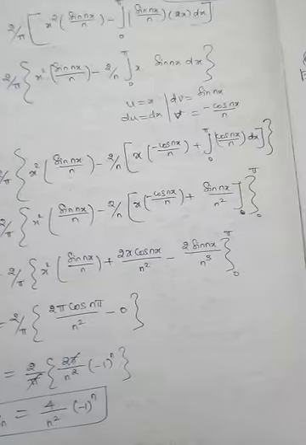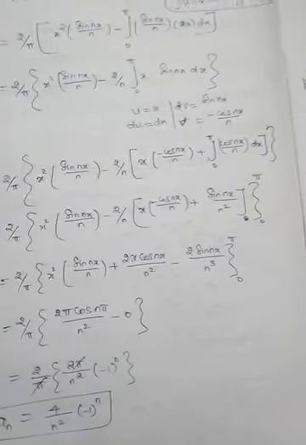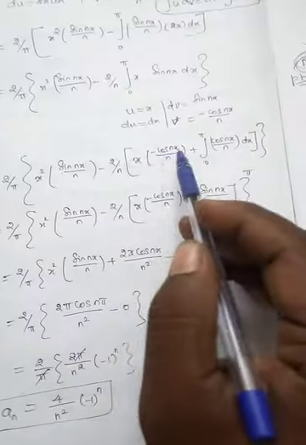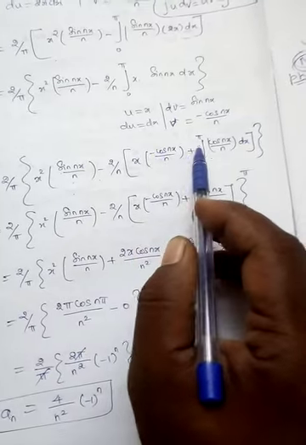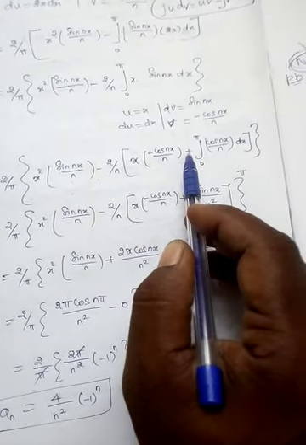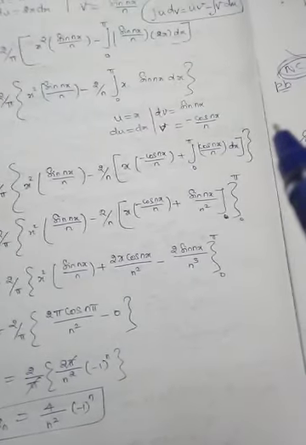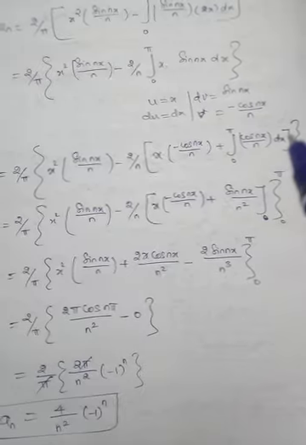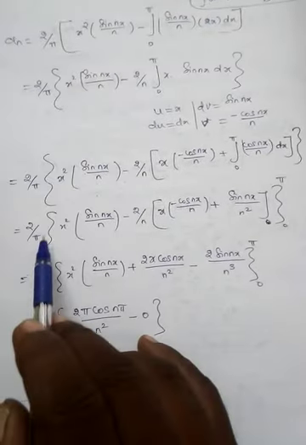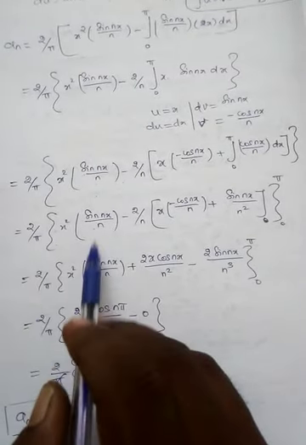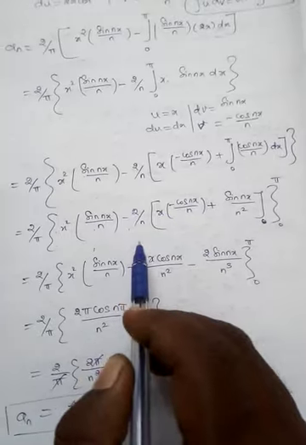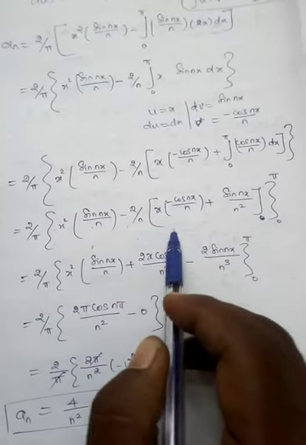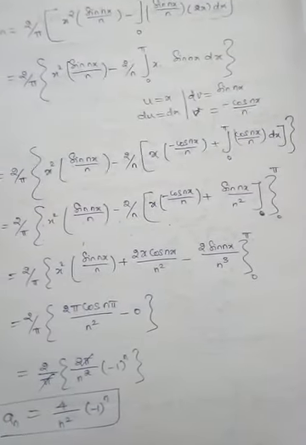So x into minus cos nx by n, plus. Why are we putting plus here? The formula itself has a minus, but here cos is in the form of minus, so I can take that minus: minus into minus is plus, so it will be the integral from 0 to pi of cos nx dx. Then the next line: 2 by pi x squared sin nx by n minus 2 by n, x into minus cos nx by n. Everything is as it is, there is no change.